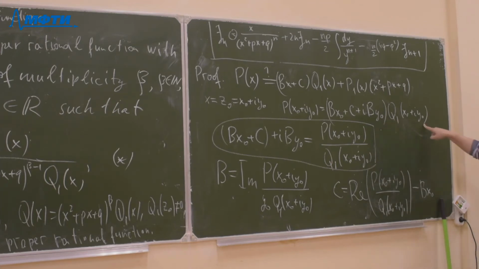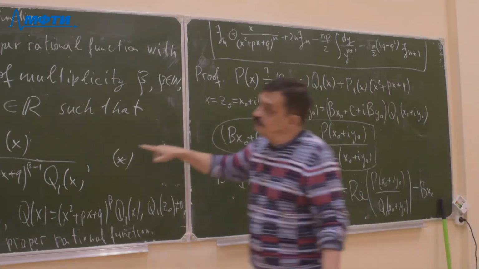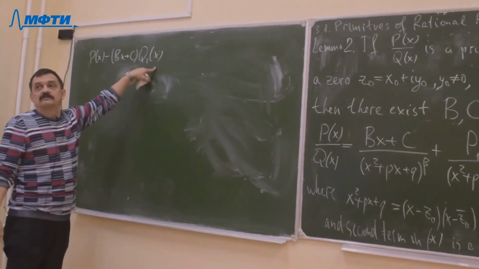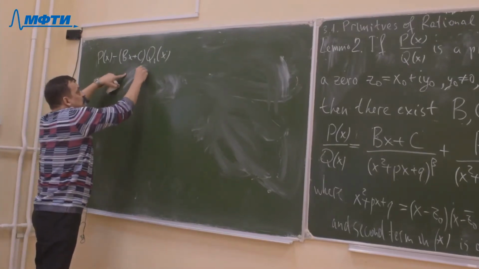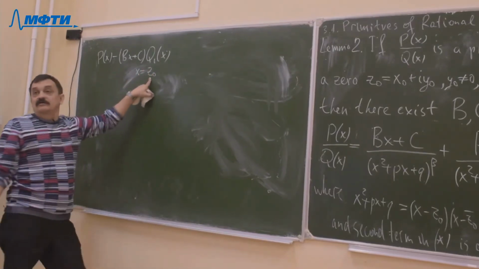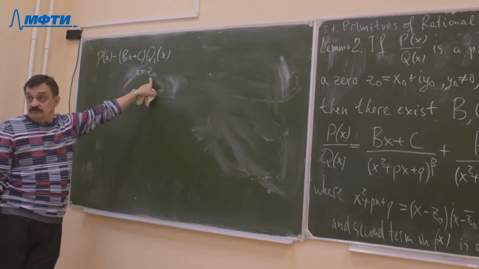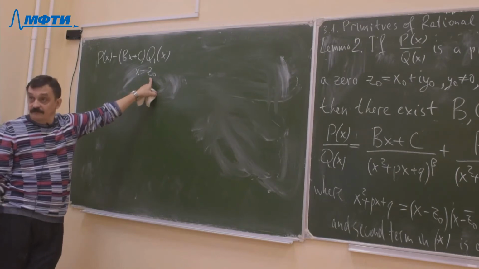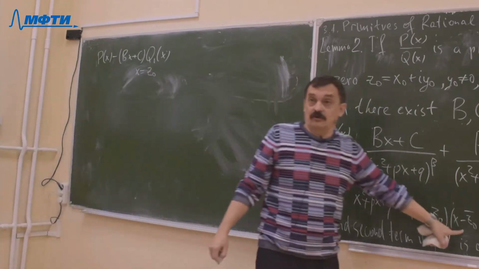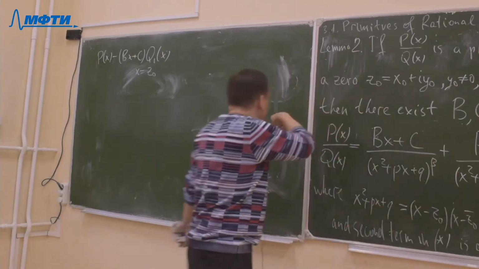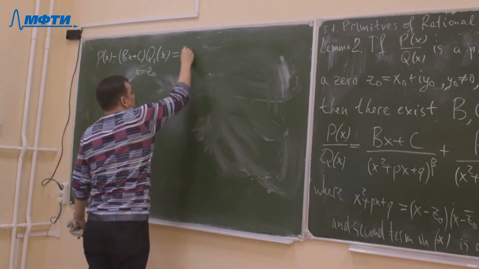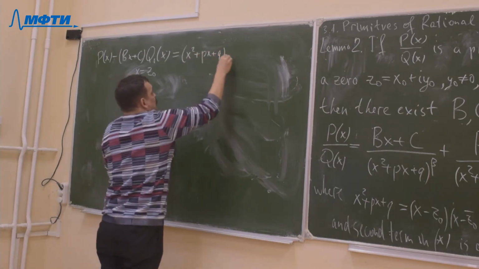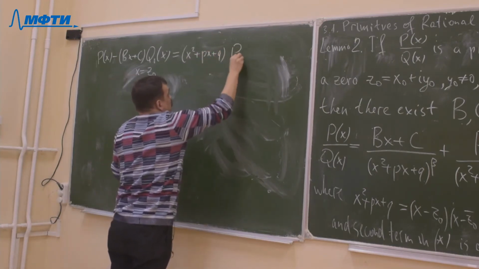We observe that this polynomial, that is a real polynomial, has 0 z naught. Once it has 0 z naught, and it is real, it has also a 0 z naught conjugate, hence it can be written by Bézout theorem as x squared plus px plus q times a polynomial p1